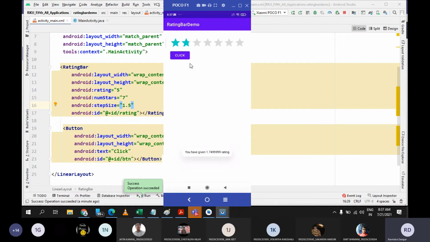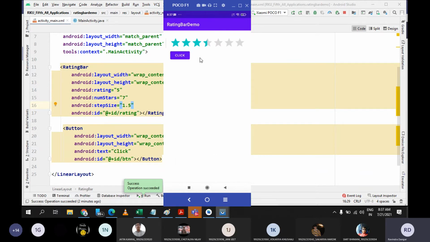So now here I am clicking on this and I'm getting 1.74. Now let me click on the second star. See what it has done. It has incremented 1.5 in the value. Whatever value was there, it has incremented 1.5 in that, and you will get 3.49 something.